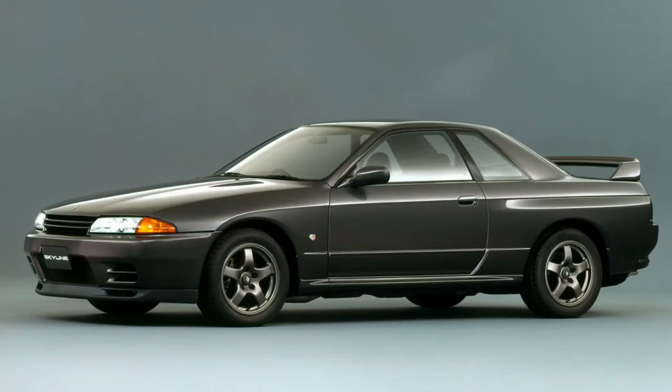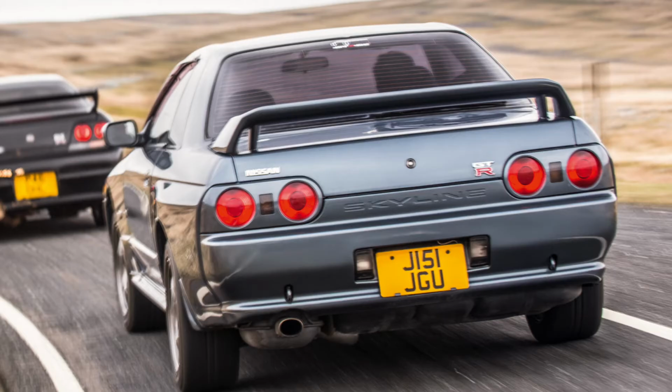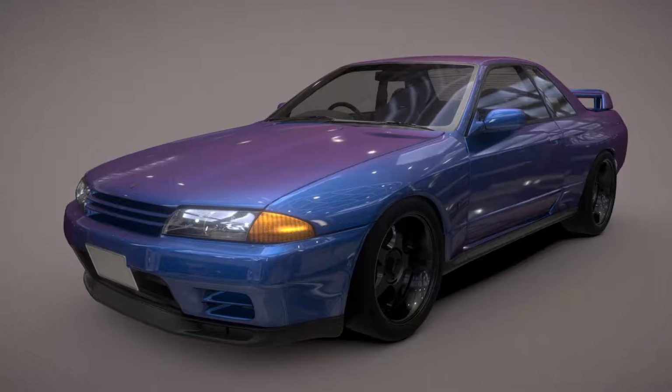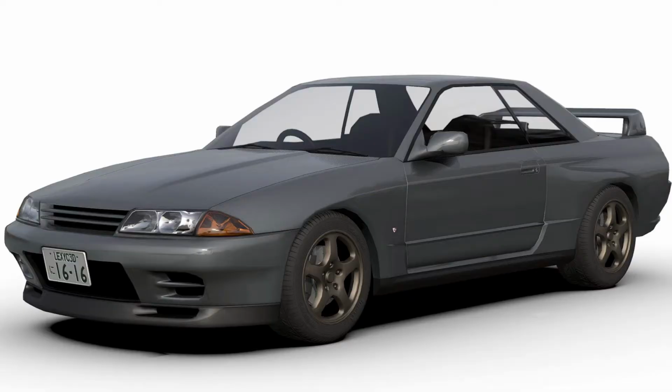After discontinuing the Skyline GTR in 1973, Nissan revived the GTR nameplate again in 1989. At the time, Nissan was competing in Group A racing with the Skyline GTS-R. Nissan wanted to retire the GTS-R in favor of a more competitive vehicle. The new generation of the GTR, the BNR32 chassis, commonly shortened to R32, was designed to dominate Group A class